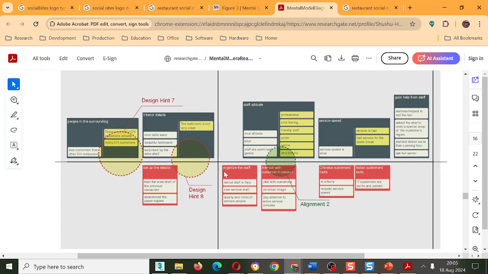Then the customer is connected to the restaurant through social media. So there's an element of social media in between. So the customer and marketing connect to social media. The restaurant owner is connected to social media. So these two are connected to social media. You want to show them connected to social media.